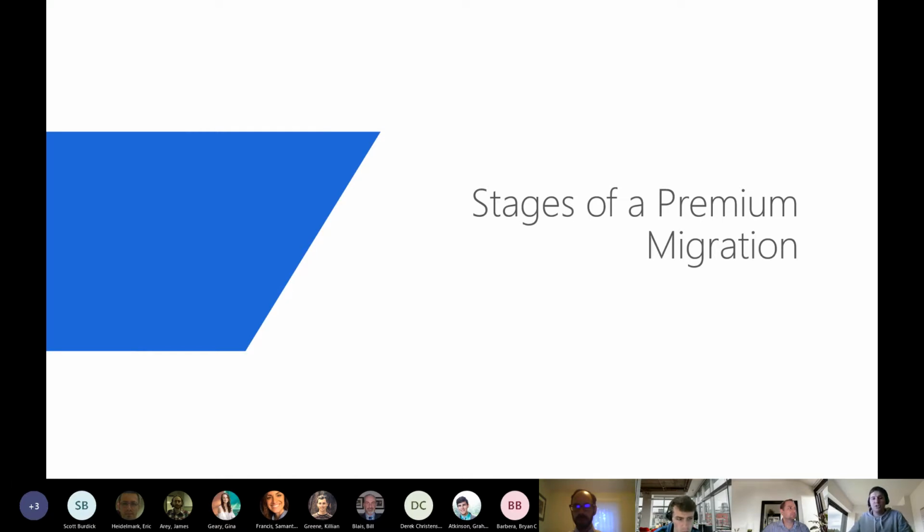So how do you determine if your content needs premium, and how do you make the decision to actually move that content to premium? Premium is a dedicated capacity. That's hardware that your organization is paying for specifically to fulfill a requirement. So you want to be wary of what you put in there, and make the best decision to move it there, without affecting other people within that dedicated capacity.